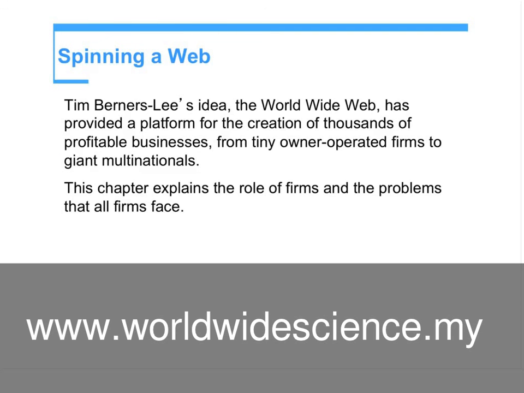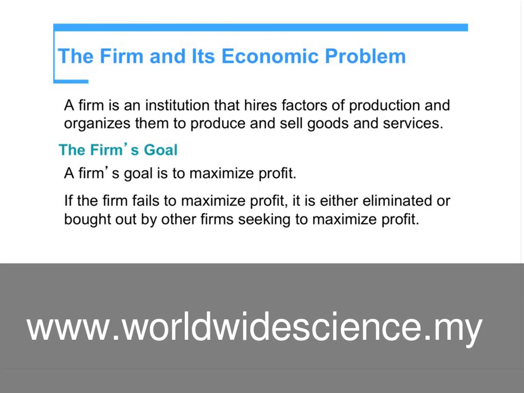So the firm and its economic problem. A firm is an institution that hires factors of production and organizes them to produce and sell goods and services. So firms produce goods and services,